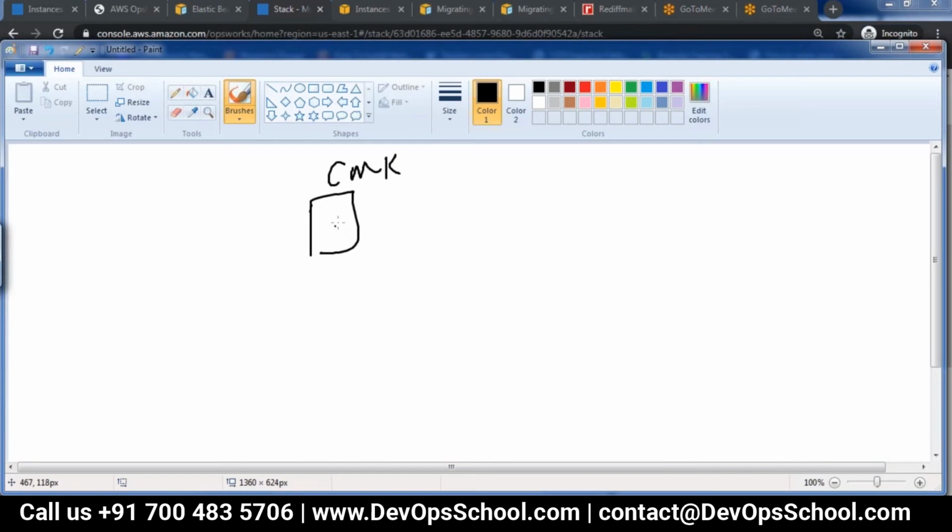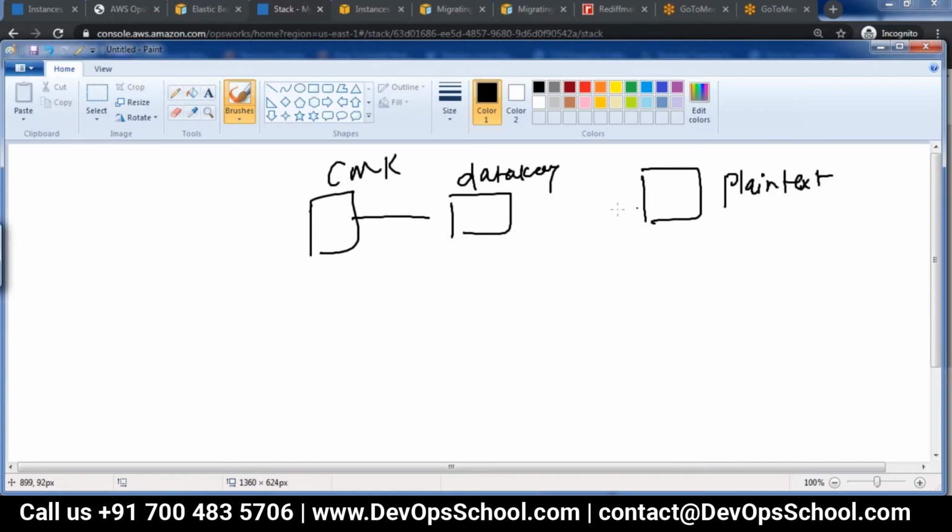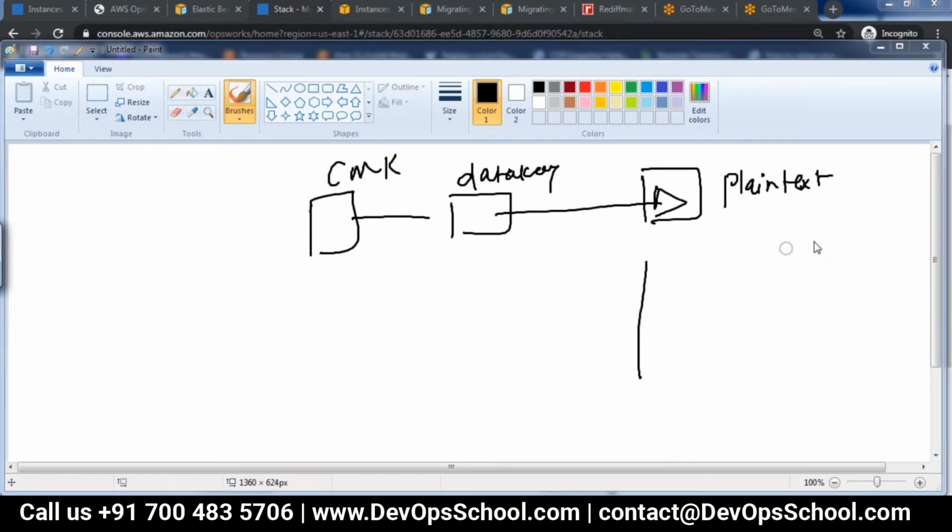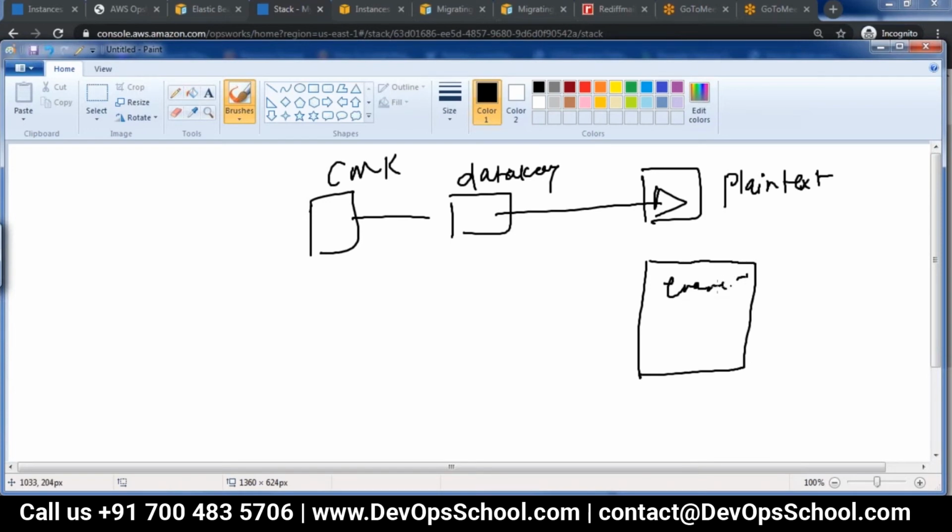From there, you create a data key, and then you have plain text. You apply this key on the plain text, and what you get is an encrypted version of the plain text. From the data key there will be an encrypted key that will be kept along with the encrypted text.